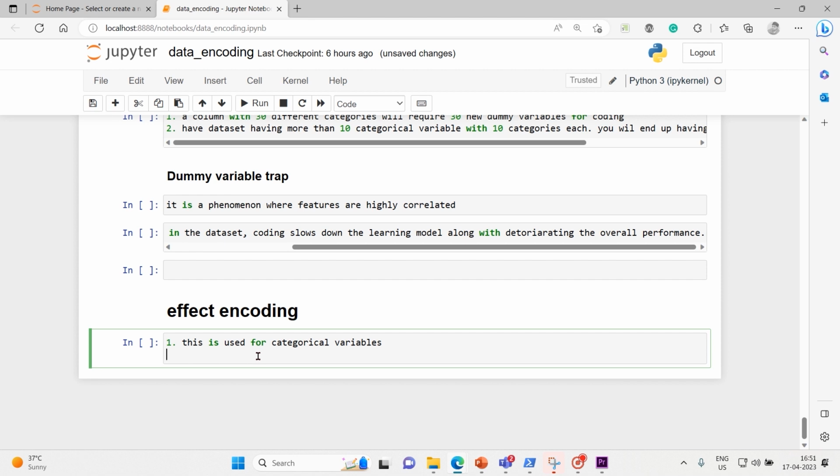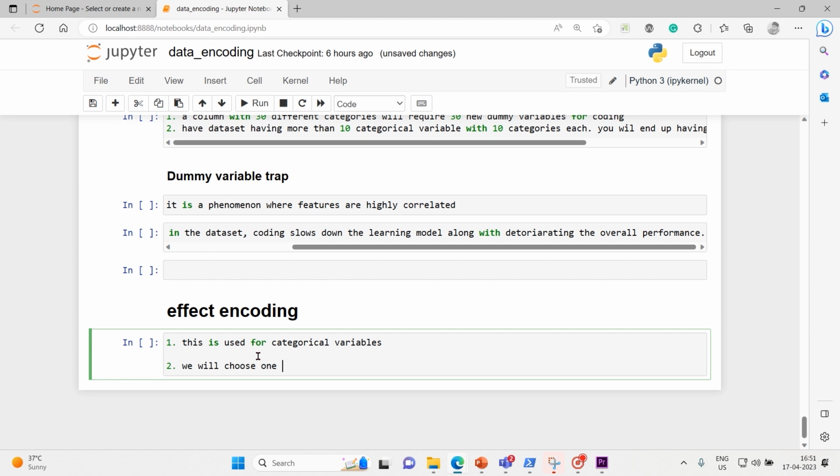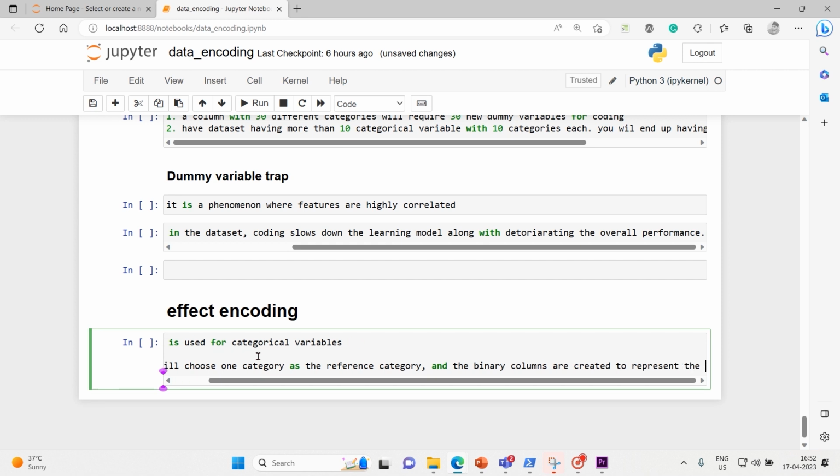So in effect encoding, we will choose one category as the reference category, and the binary columns are created to represent the contrast